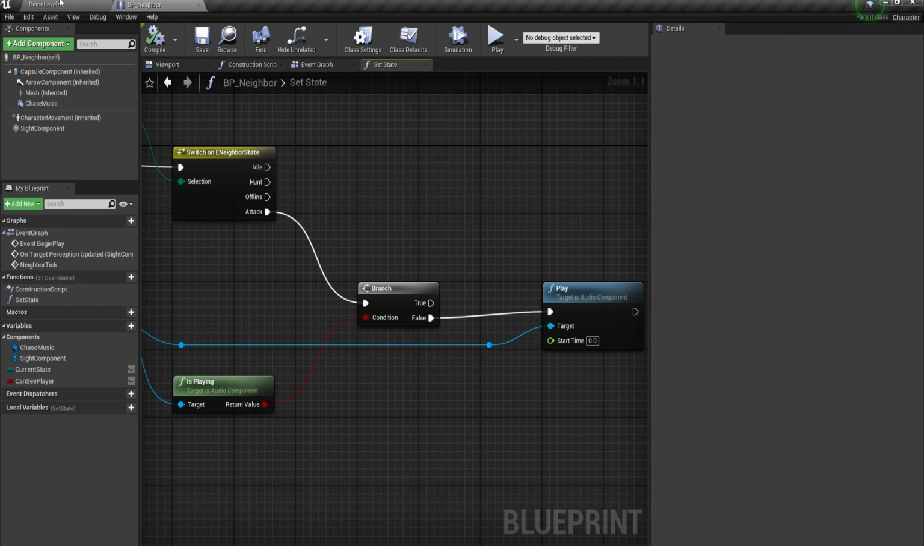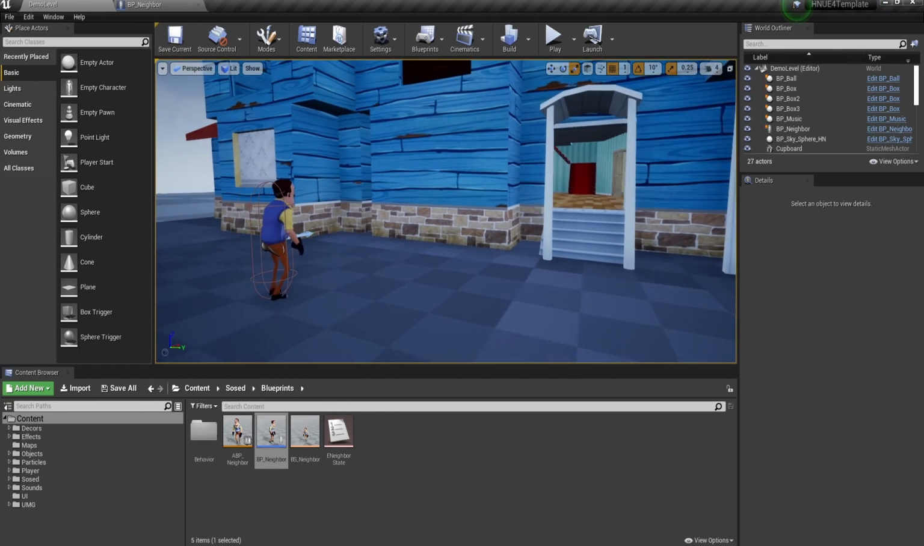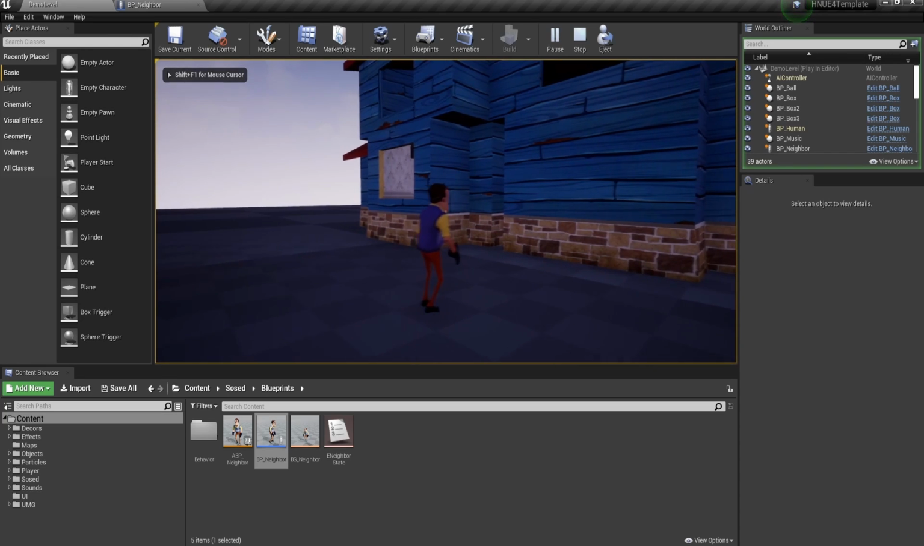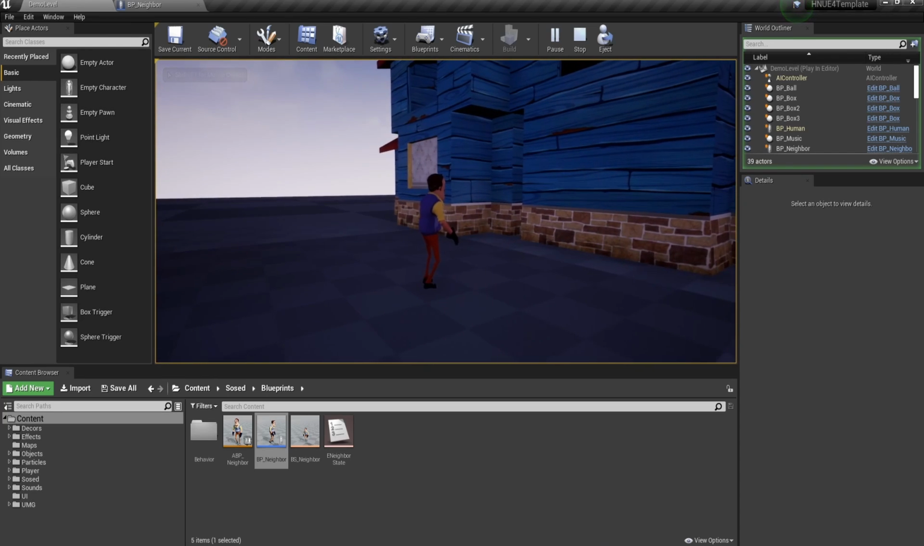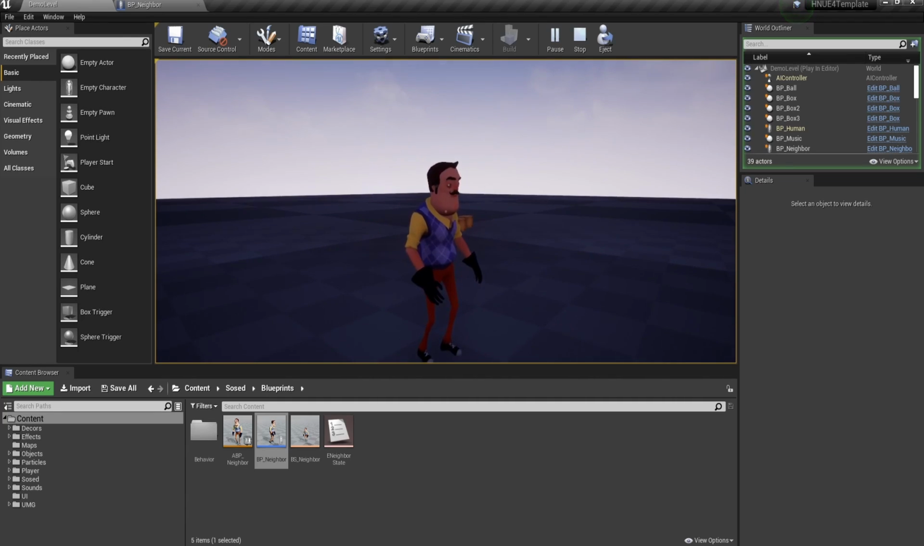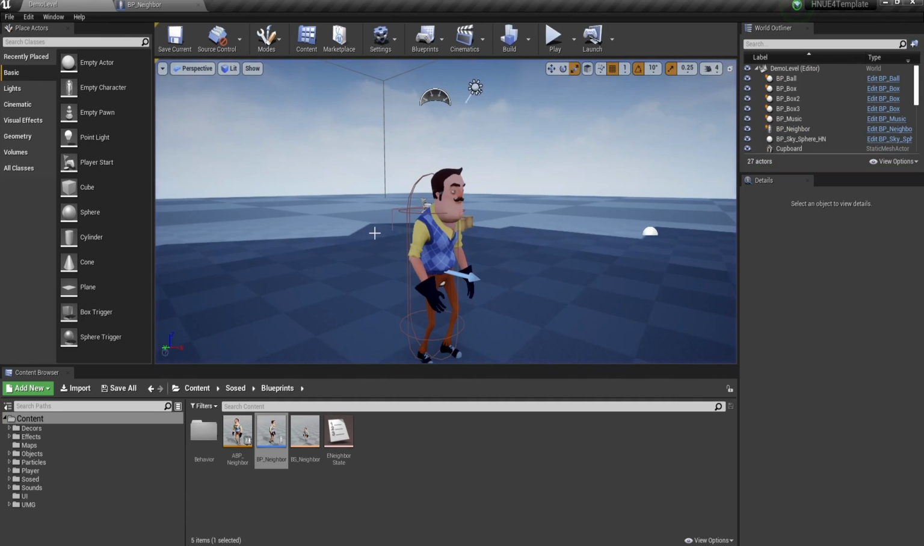So now if we press play here, everything is fine, there's no music playing, but as soon as we get into his line of sight... Cool! So, finally,